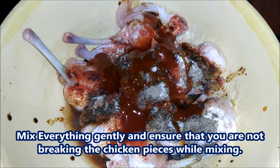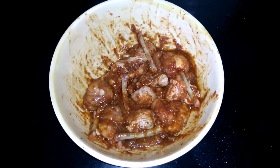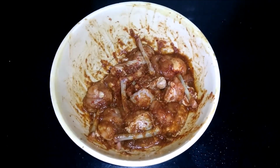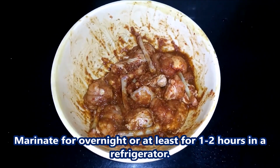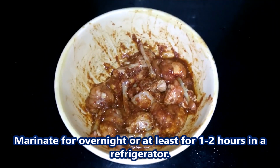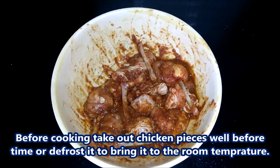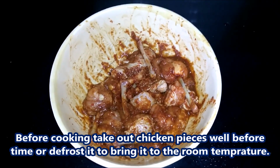Mix them well but gently and keep it in the refrigerator to marinate for at least 1 to 2 hours. Though overnight or at least 6 hours will be the best. And also when you start preparing the dish, take it out some time before so that it comes to normal temperature,